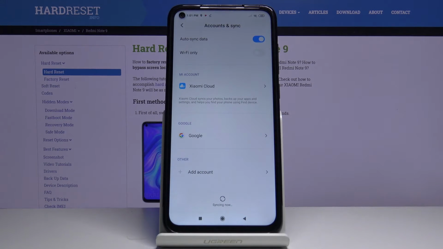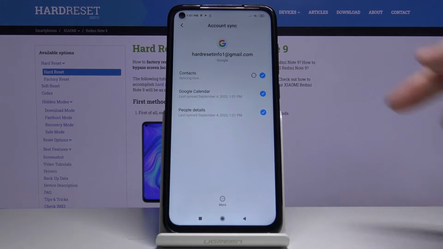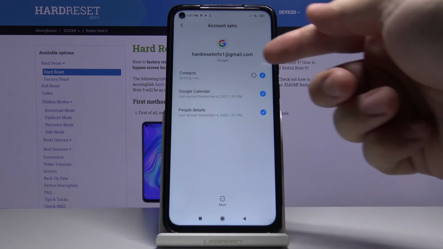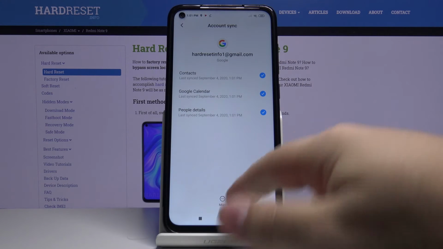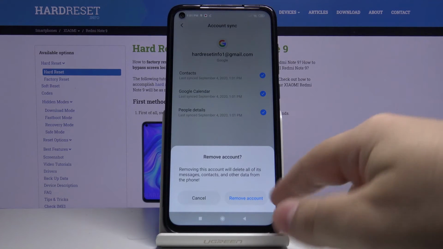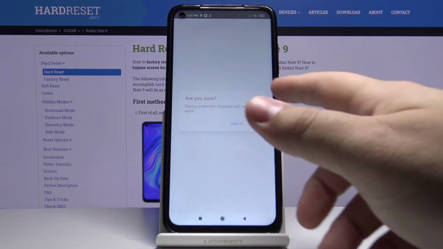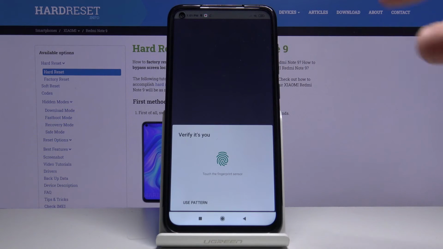And to remove it, simply tap on the Google right here. Here we have our account and details of it. Now let's tap on more. Select remove account. And then tap on remove account to confirm. Then tap OK. And if you have any